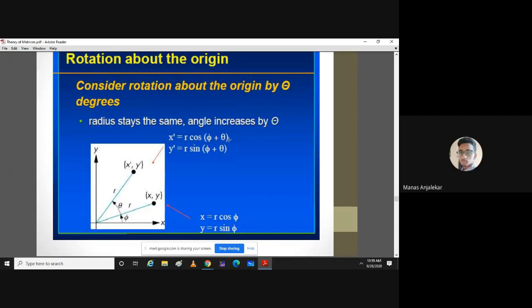Yes, sir. Sir, can you repeat? See, cos of phi plus theta is cos phi cos theta minus sin phi sin theta. Okay, that is inside the bracket. Now you multiply by this r inside that bracket. So that will become x dash is equal to r cos phi cos theta minus r sin phi sin theta. Right? Yes, sir. Okay. And similarly, y dash is also r sin phi cos theta